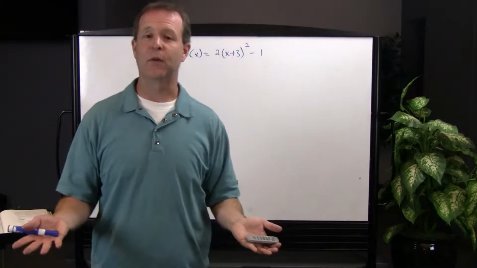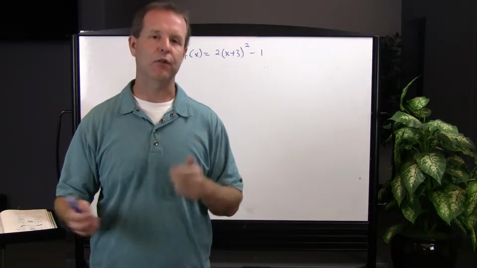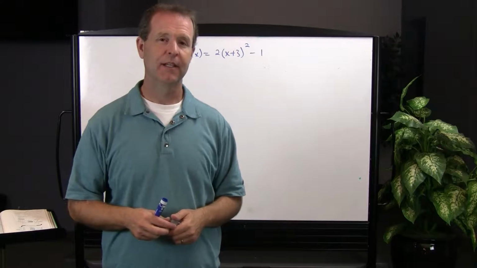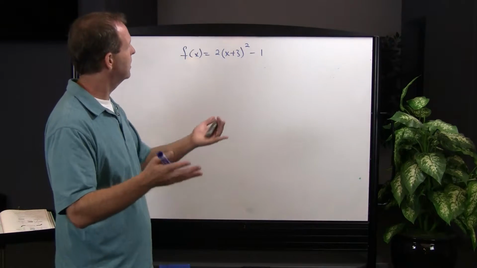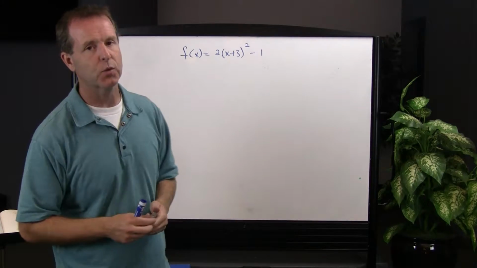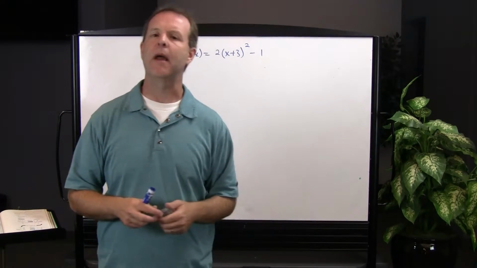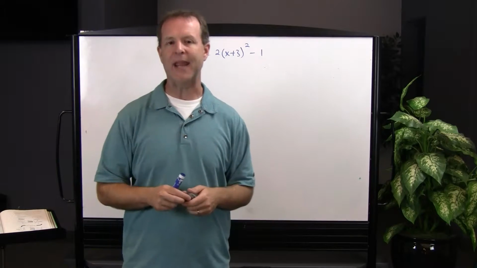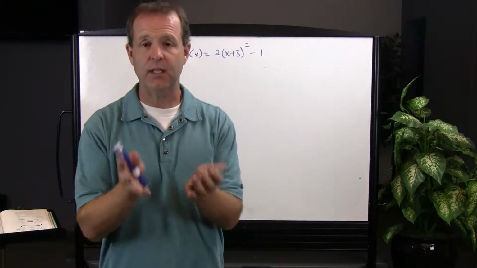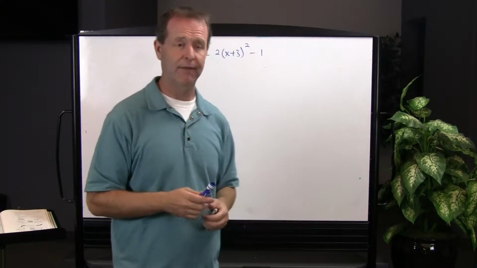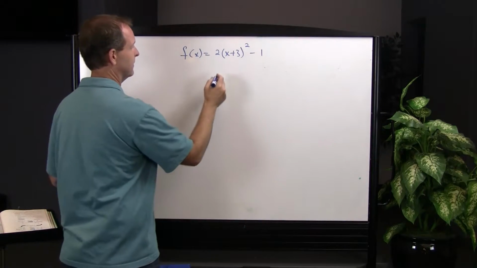So let's transform a graph by using several transformations that we have. So we have a function f of x equals 2 times (x plus 3) squared minus 1. The hardest part might be just simply identifying what is its base graph. What does this all boil down to? Basically, what's the basic version of this graph? And if you're able to see that,